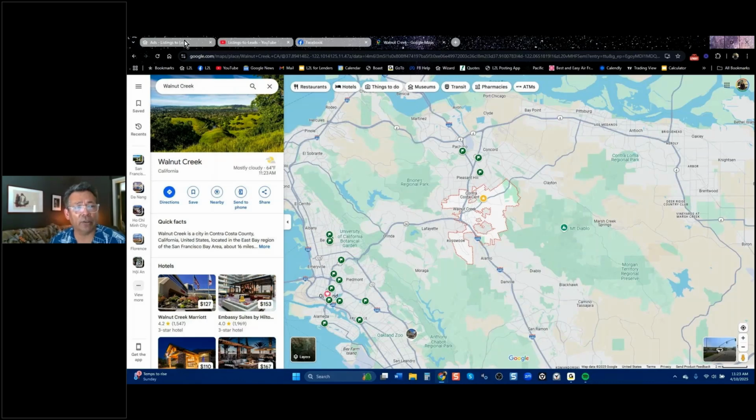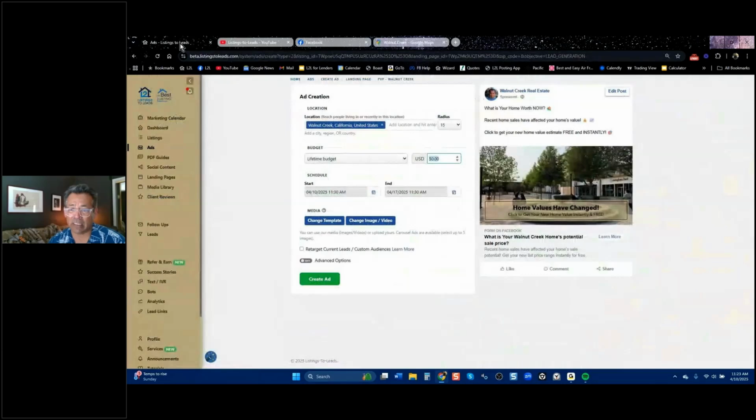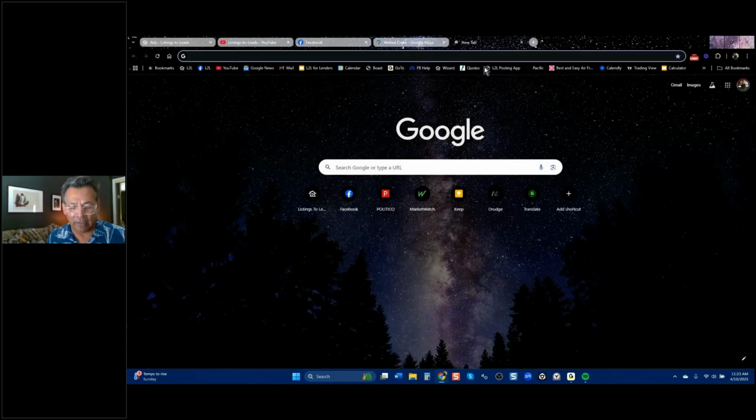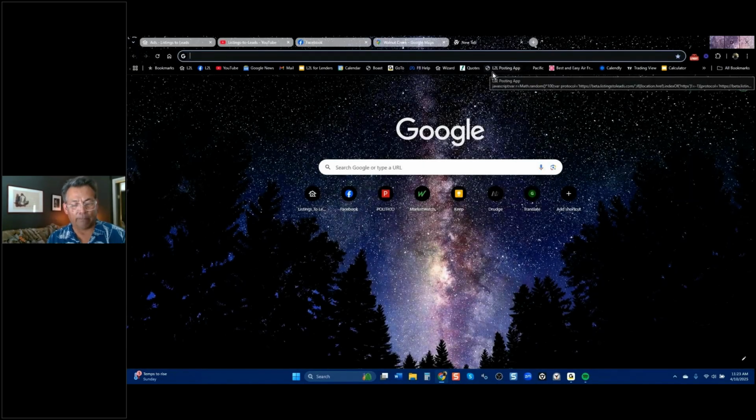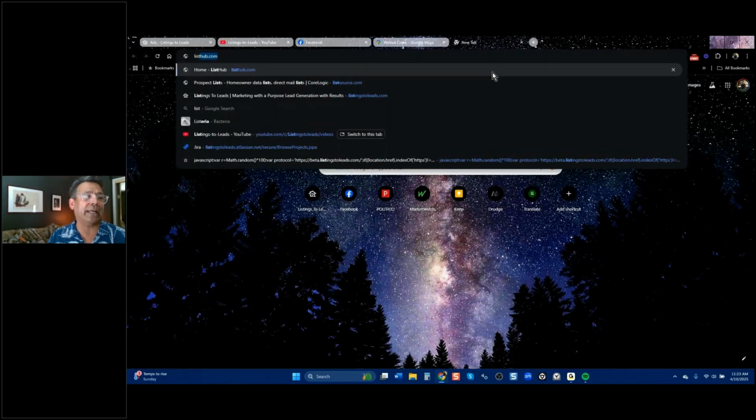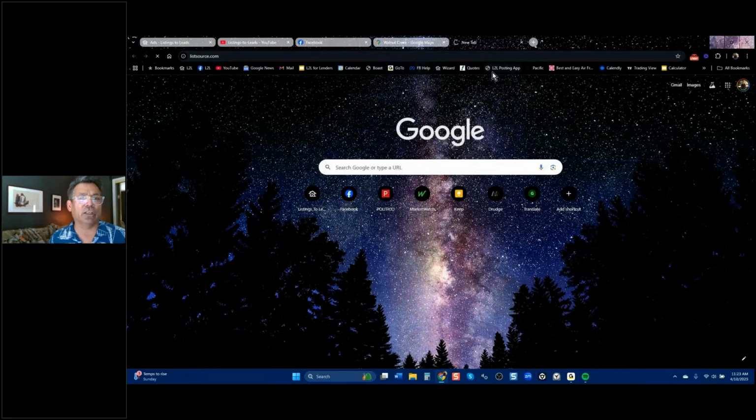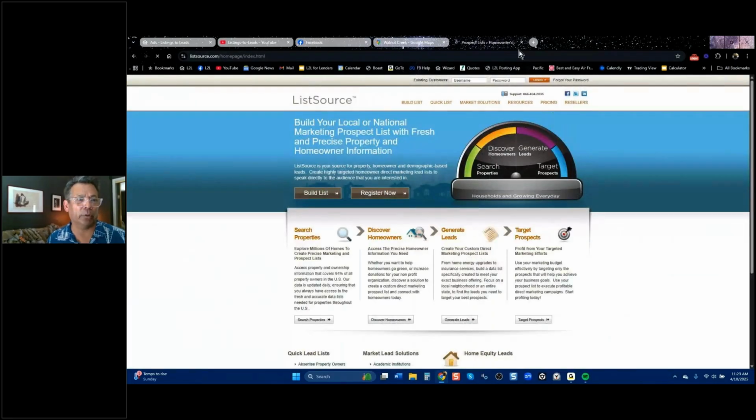That makes this ad ineffective because the people who live in Walnut Creek don't even see it. A few see it, but it's being shown all over the county here. So that's a problem. And that gets us into a discussion of farm marketing, but also just if you want that ad to work, if you want more listings, you need to hear this story that I'm going to tell you now.